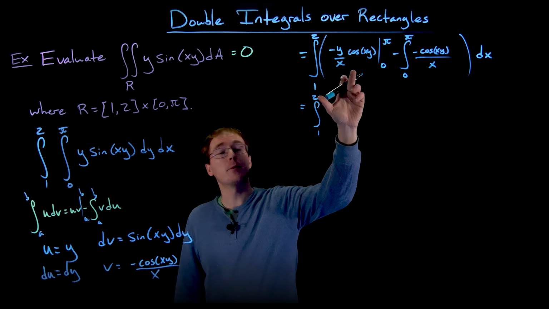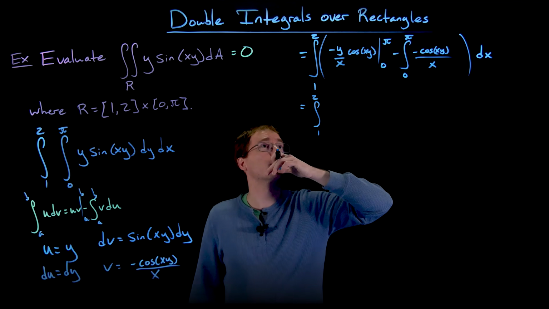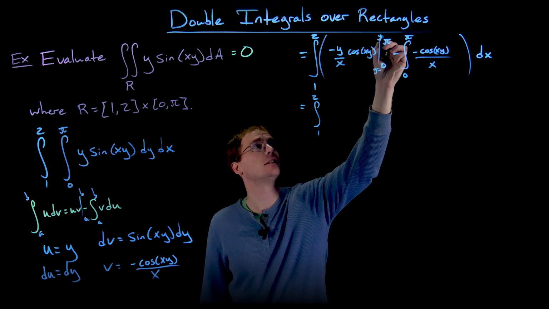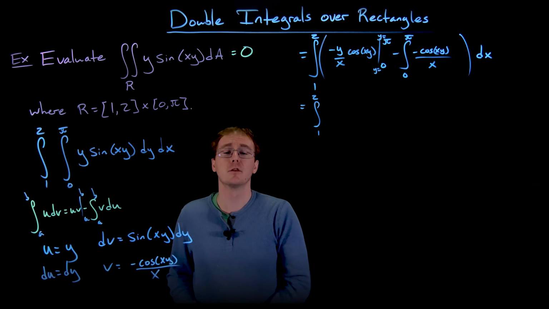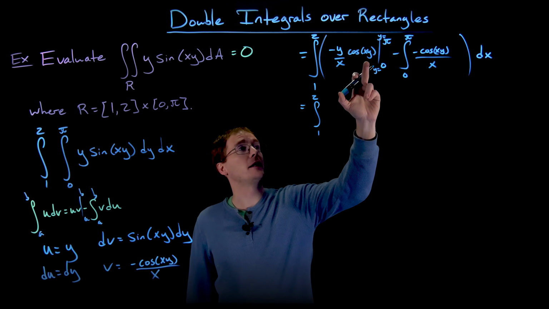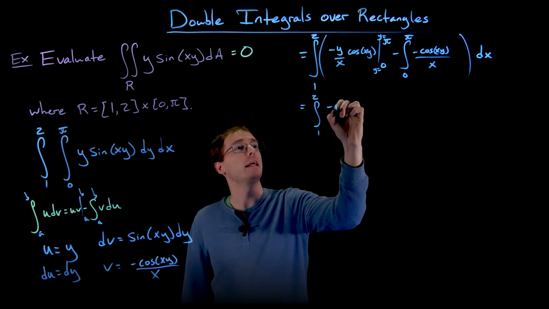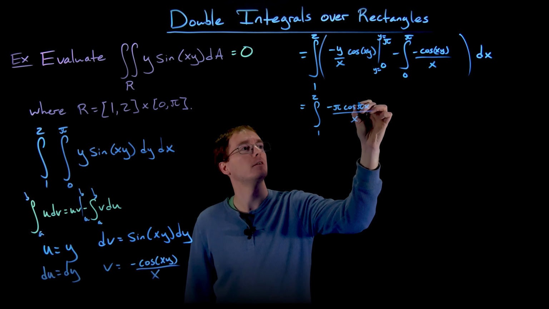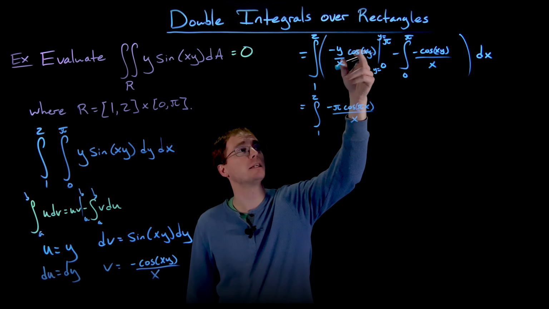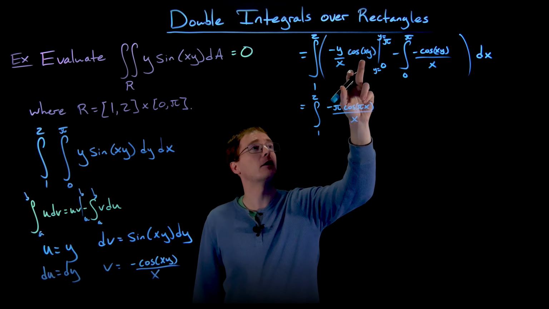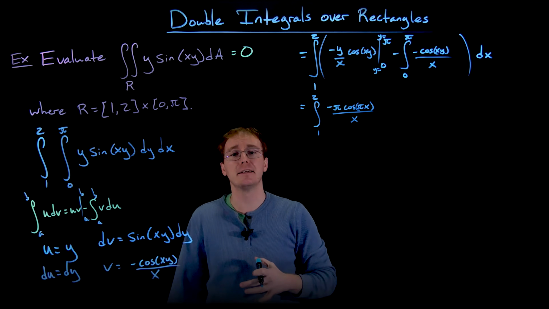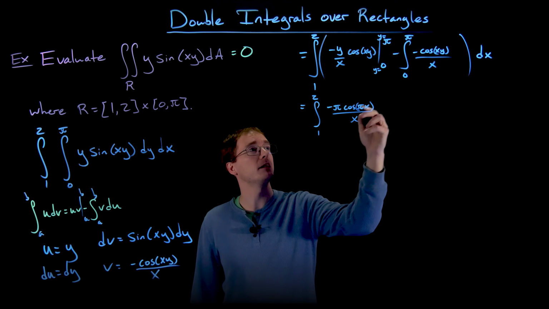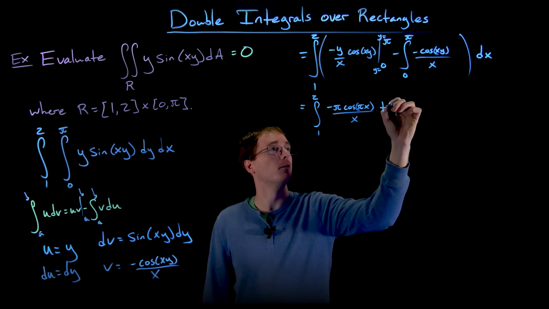All right, so now we can evaluate this uv at pi, and remember, these are y values here, not x values. That's an easy mistake when working with double integrals, plugging in the wrong values into the wrong variable. And so if we plug in y equals pi, we're going to get negative pi times cosine of pi x over x. Then we have to subtract away from this piece evaluated at y equals 0. That'll give us a cosine of 0, but also multiplied by a negative 0 over x, so that whole thing will 0 out. So we got this nice first piece, and then we have to add to this